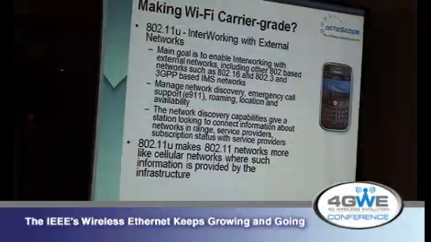Okay, so carrier grade. So what's the difference really between Wi-Fi and something like a GSM CDMA technology? Well, when you open up your cell phone, it discovers whether your service provider is there or whether it's on a partner network and all the billing is there, and that doesn't really exist in Wi-Fi. There's no emergency location services. So a lot of that work is being done in 11U, and there's a liaison to 3GPP.